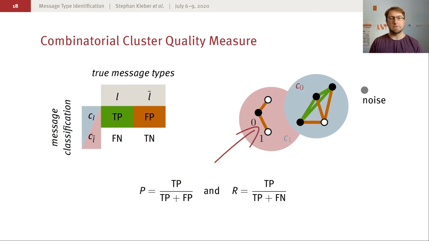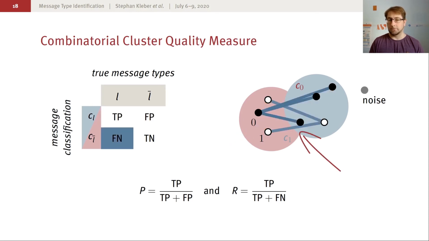False positives are all the pairs of messages that are of different types but have been placed in the same cluster. And the false negatives are all the pairs of messages that are of the same message type but have been placed in different message clusters. Using those values, we now can calculate the well-known cluster quality measures of precision and recall.